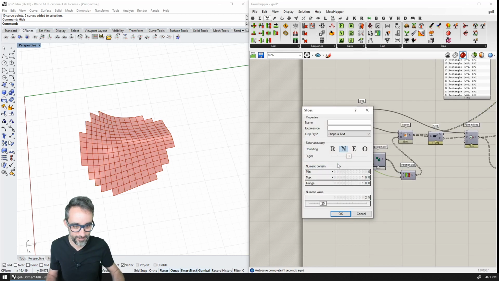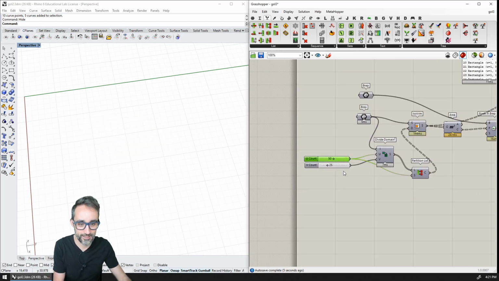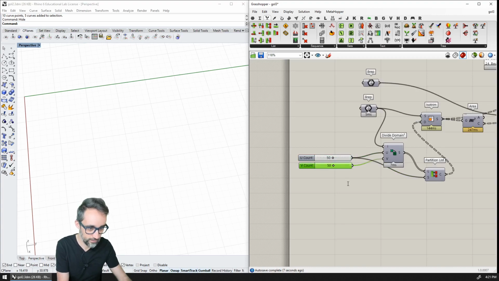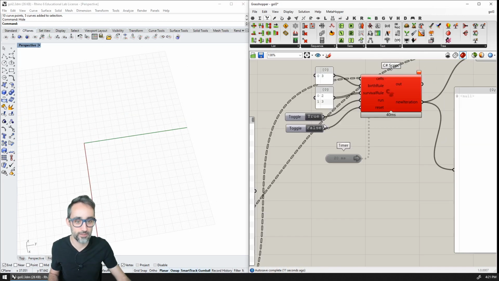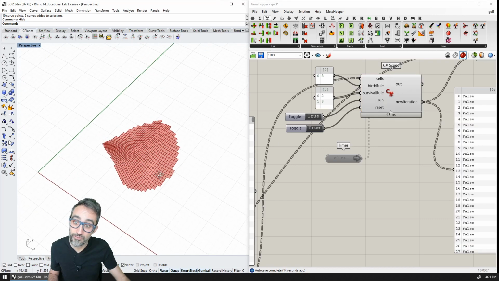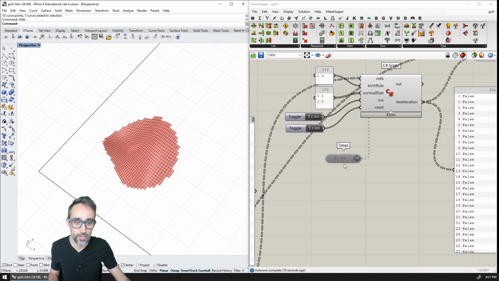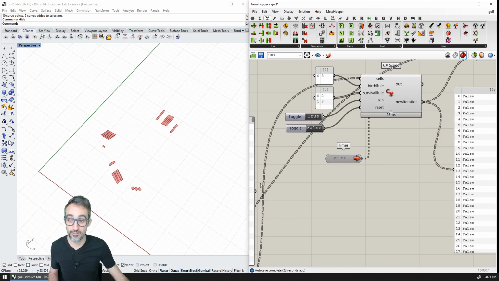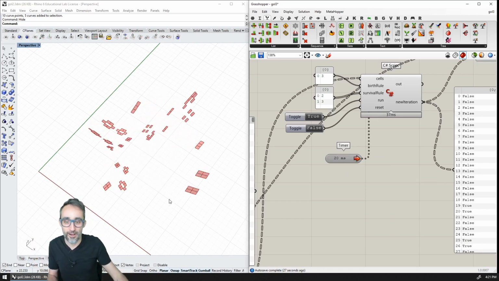So 50 here, and 50 here. Okay, and let me reset the component. And now we have our starting 50 cells. And as I press go, this is going to not iterate. And then as I turn this in, boo, three-dimensional